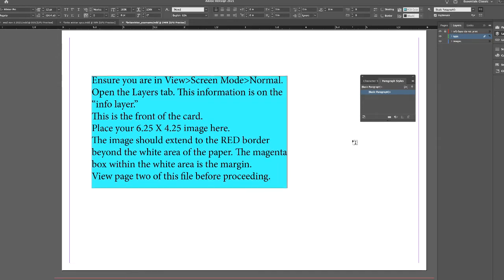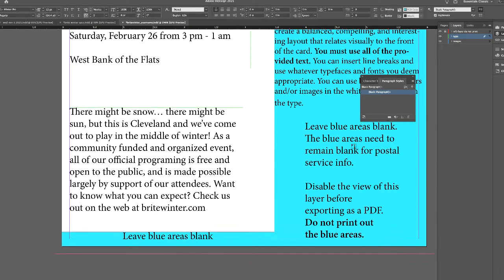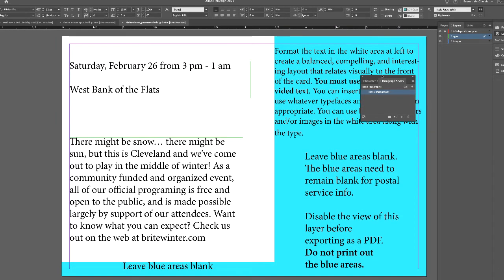Let's go on page 2 here. Page 2 of the InDesign file. Let me move this stupid thing out of the way here. Page 2. This is the required type in this white area here, and it's in the type layer. Okay. Now all this blue stuff, which says leave the blue areas blank,